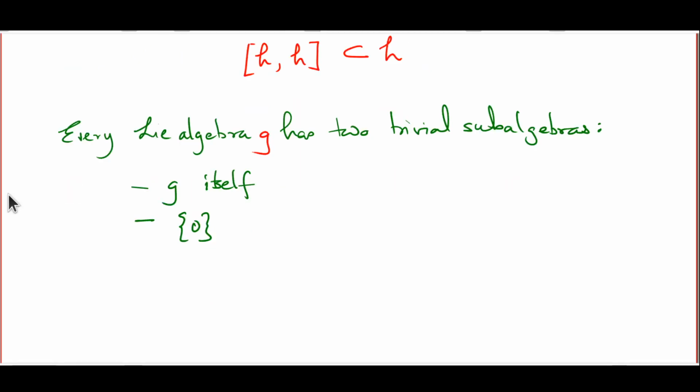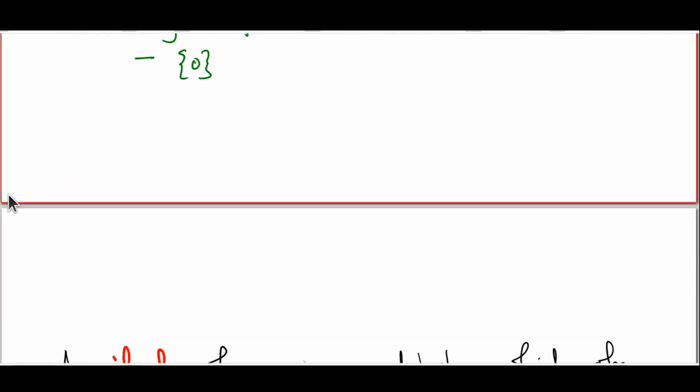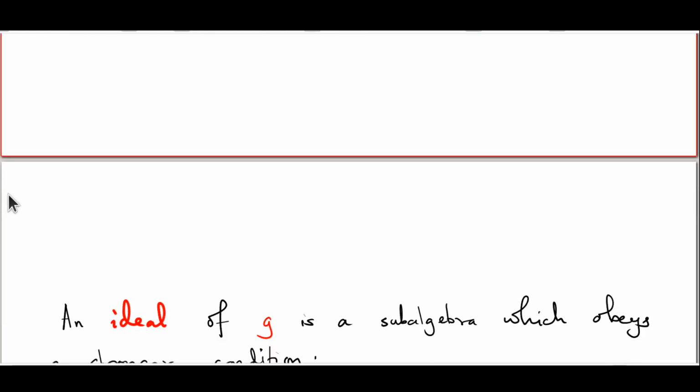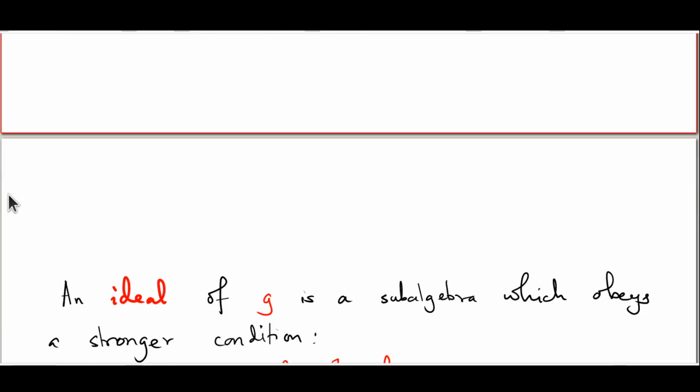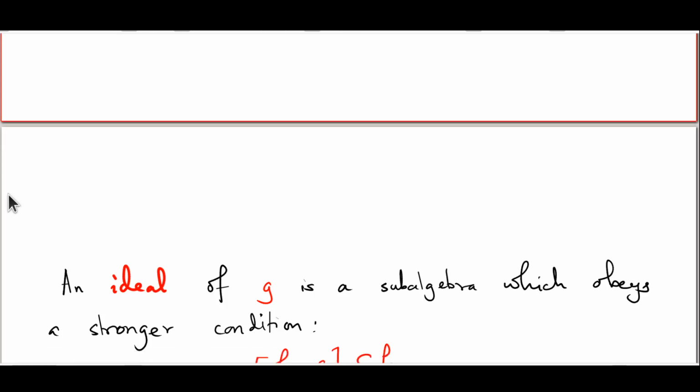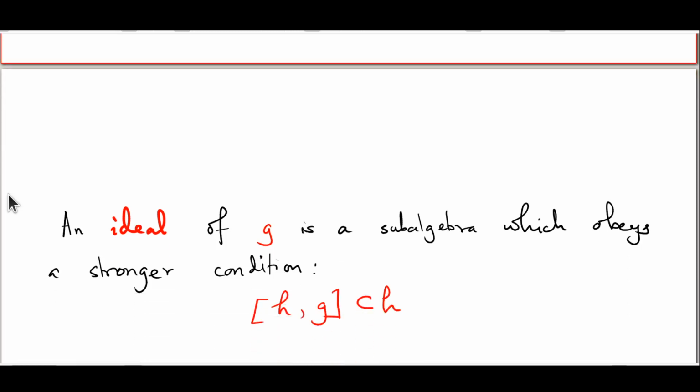Let us now focus our attention on a very special kind of subalgebra which some Lie algebras may have. This is the notion of what is called an ideal. An ideal of G is a subalgebra which obeys a much stronger condition than the condition which defined a subalgebra. For something to be a subalgebra, it has to be closed under the Lie bracket operation. That is, if you take any two elements from that subalgebra, their Lie bracket has to be in the subalgebra